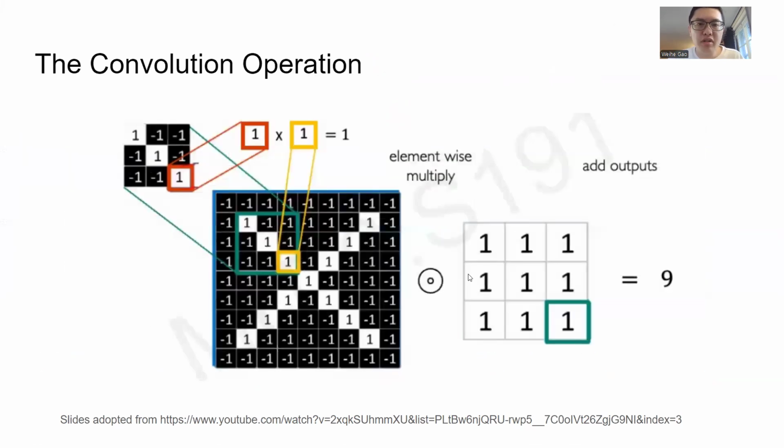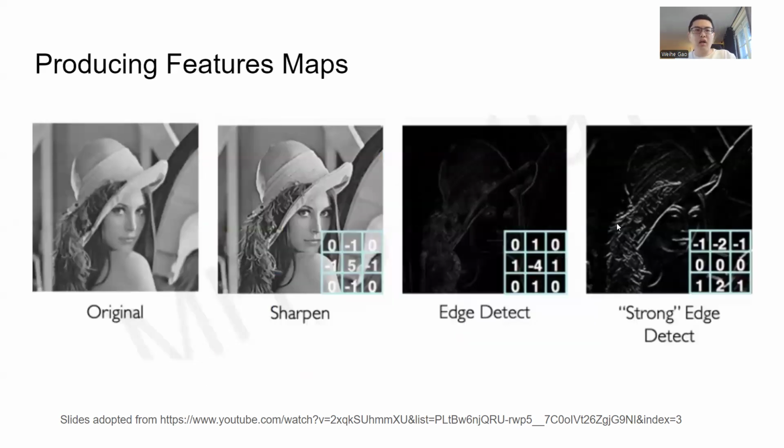The convolutional operation is an element-wise operation, and the place where it perfectly matches the filter will give us the highest response. So the filter we want to use detects this diagonal feature, and in the green box it gives us 9, which is the highest score. Different filters can give us different features. The only difference is the 9 elements